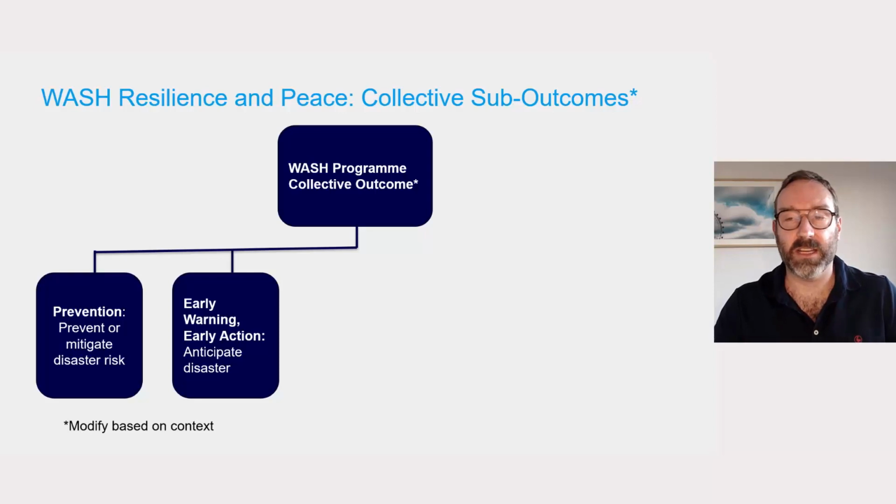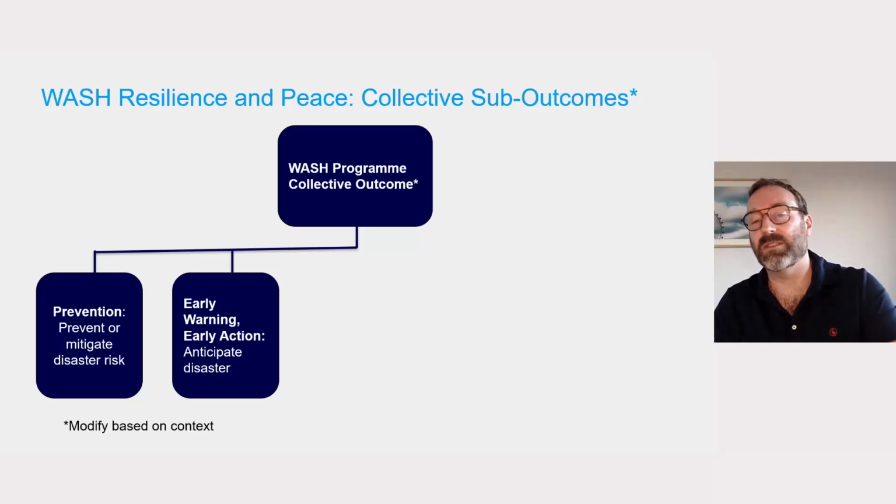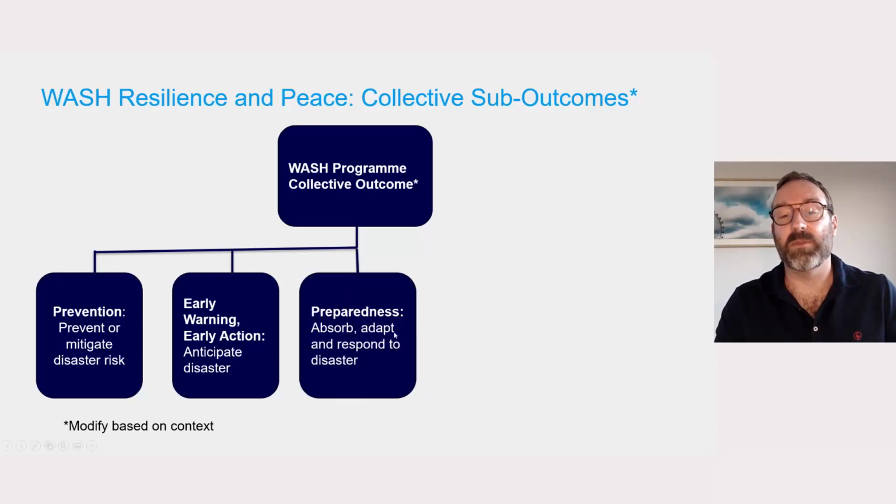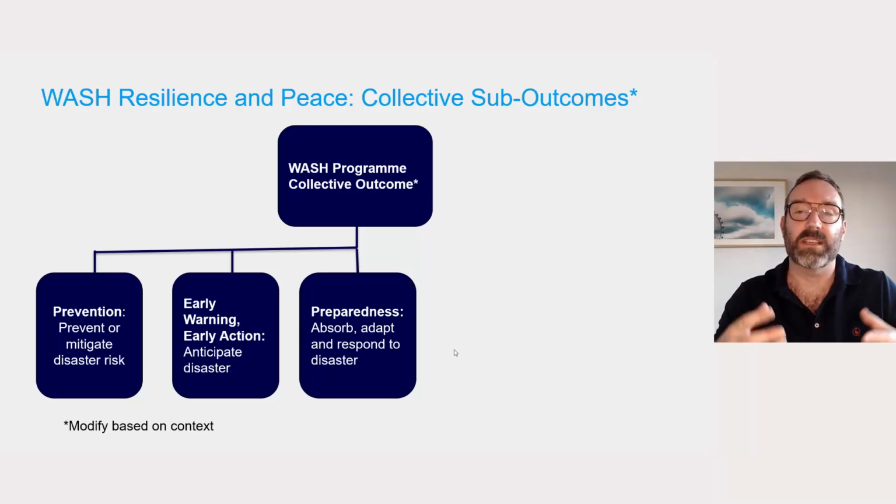This may not be designing a system, it could be linking into existing systems, it could be community-based systems that are made from the grassroots level. Preparedness, so this is absorbing, adapting, and responding to disasters to ensure that we're better prepared for emergency. So this may be working with a utility to institutionalize capacity, resources, and so forth to be able to respond to